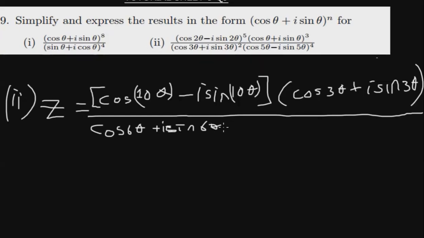Then put them in brackets like that, then open brackets here, 4 times 5, you get 20 theta,